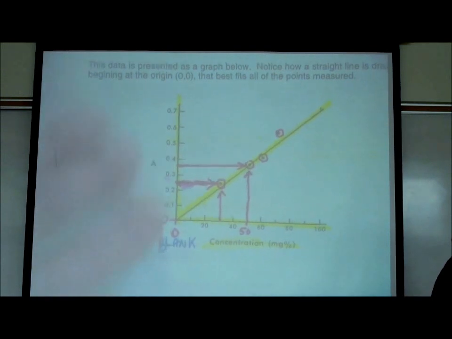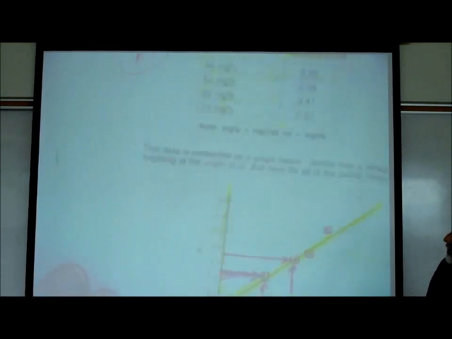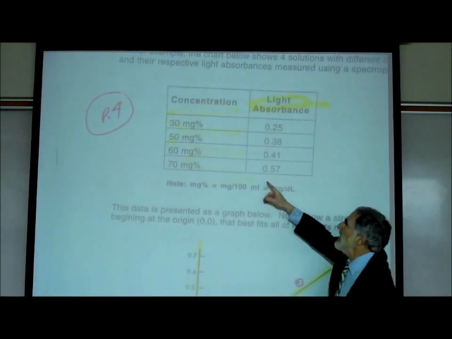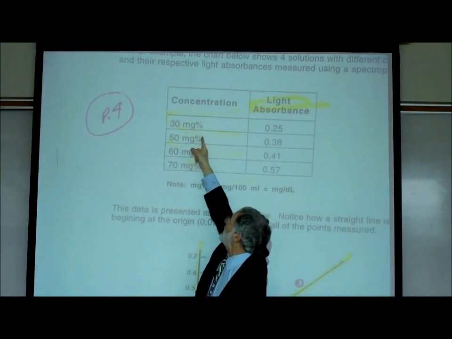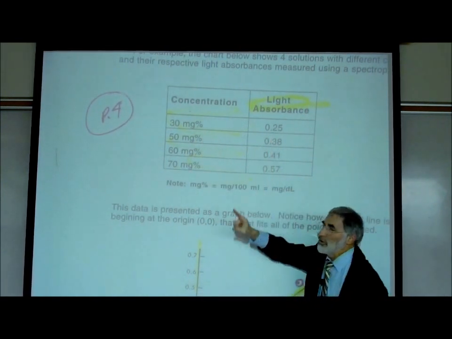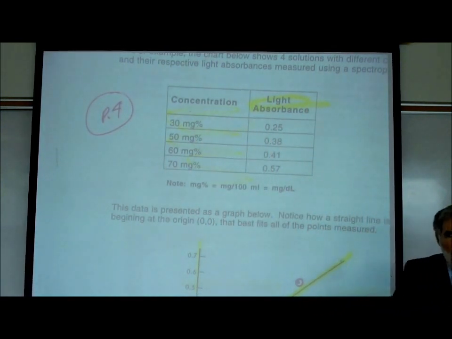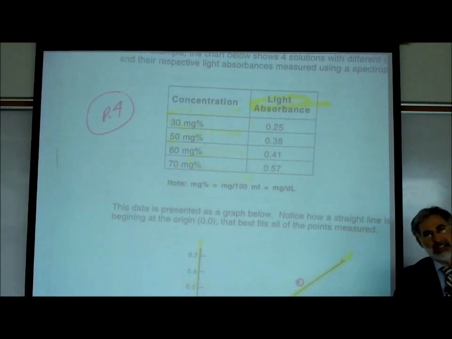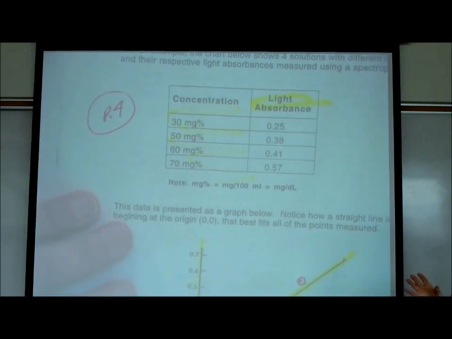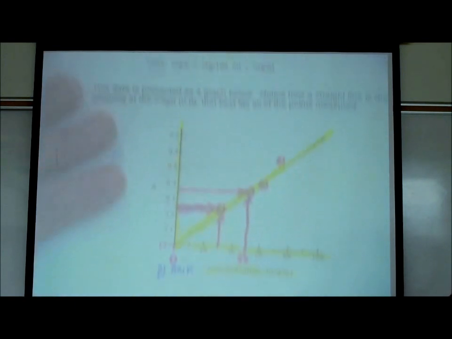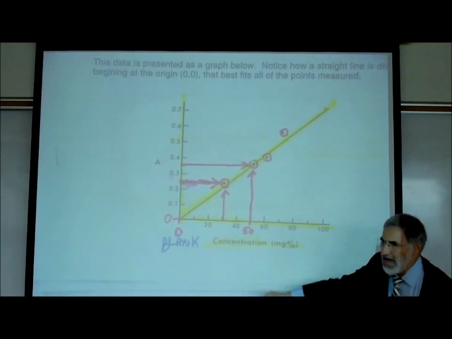Just as an example, the very first set of data points were: if you have a 30 milligrams percent glucose solution, it absorbs 0.25 light. Now, there are no units in light absorbance. It's simply a numerical value. So if you look on the graph,